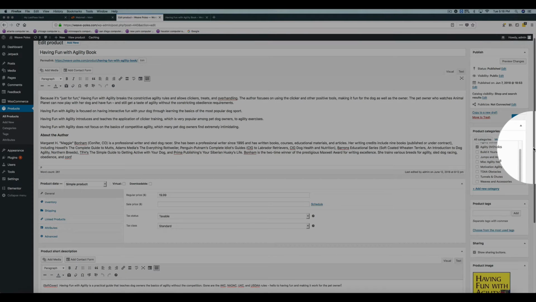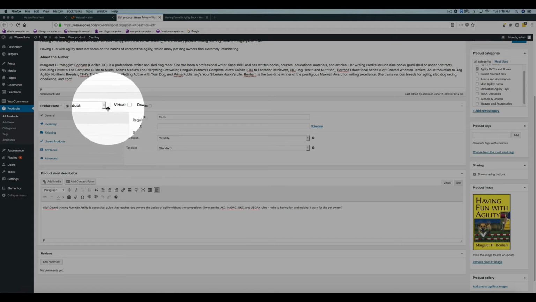Now, next. You're going to be dealing with two types of products, simple products and variable products. The variable product is the one that has attributes such as color or size or texture. Those are variable products, and we'll get into that later. The simple product doesn't have anything, it's just the price,